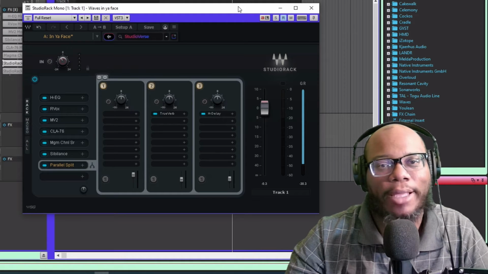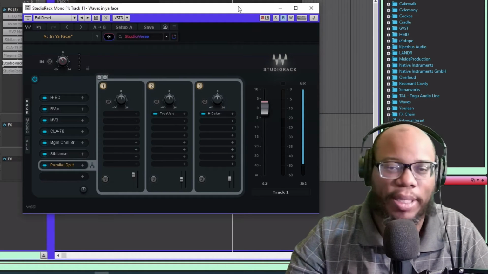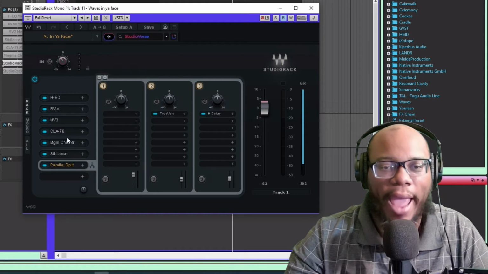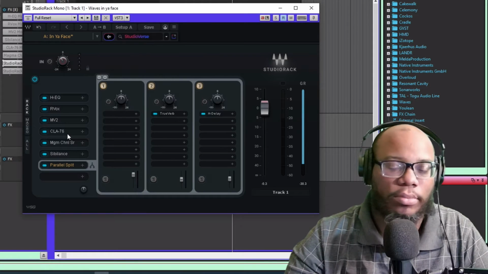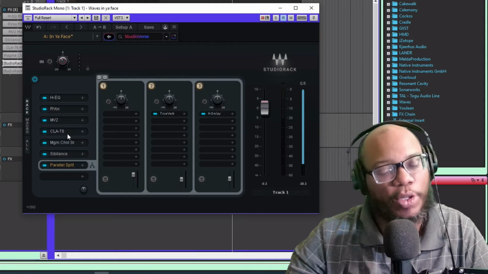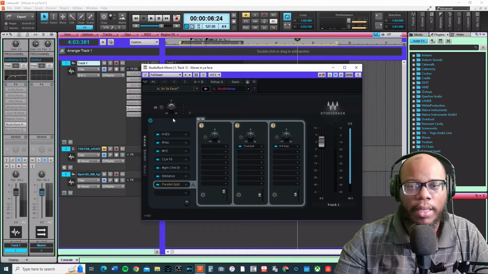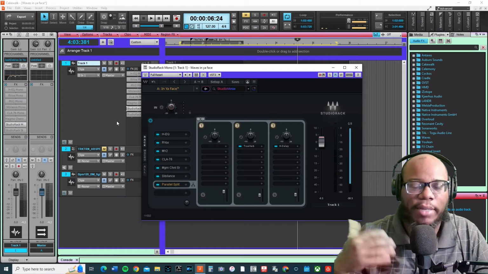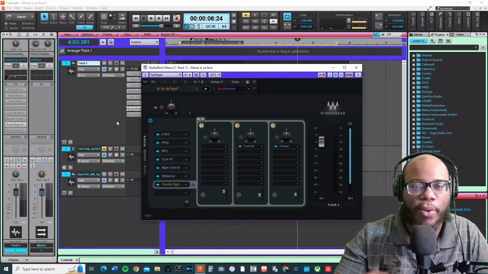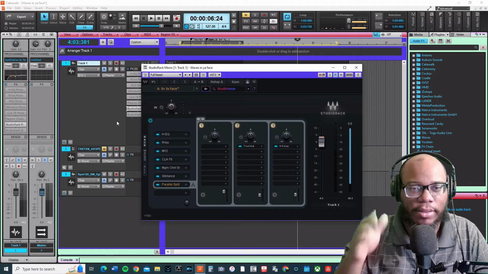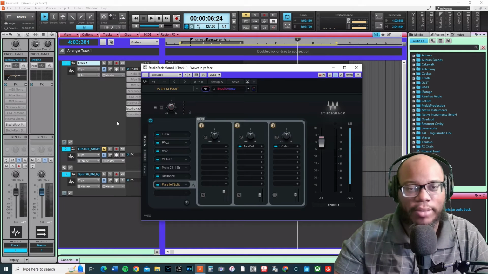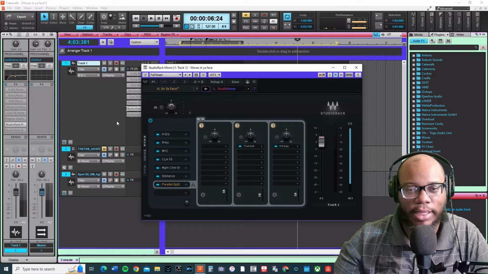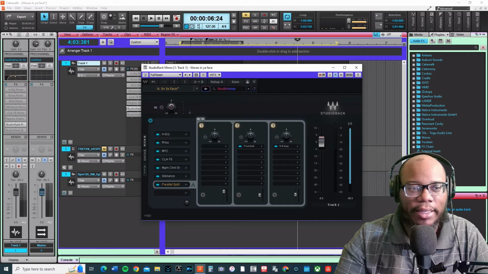I don't want you to feel hindered by having to buy extra plugins and stuff like that. If you already have Waves and use other DAWs but you're getting into Cakewalk, or you have Cakewalk and that's the only DAW you use but you do use Waves, then this will work for you. As I start to invest in more plugins outside of Waves and outside of Cakewalk, I will start doing more presets for each DAW. Actually, DAWs will come next. I'm going to start working in other DAWs and see if I can get the same sound. Is this going to sound exactly like the one over here? No, the one in Cakewalk,